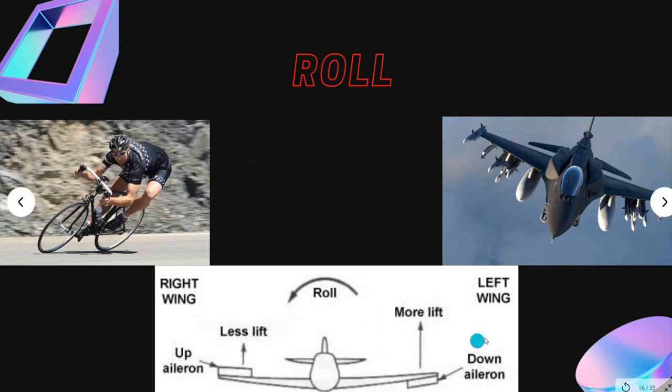So more lift is produced in this side of the wing, and less lift is produced in this part of the wing, right. The only difference between flaps and ailerons is that the flaps can move only in the downward direction, but the ailerons move alternately in upward and downward direction, right. Like in this part of the wing you can see the ailerons are in the downward direction, but in this part it is in the upward direction, right. So this way it creates a rolling moment.